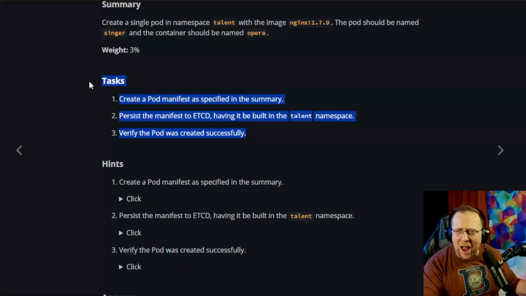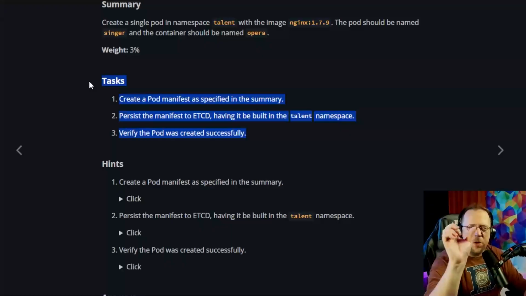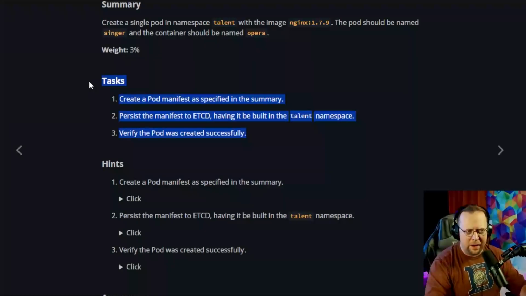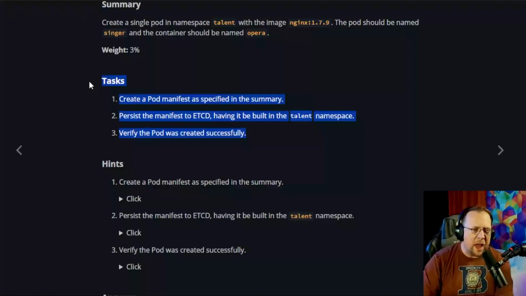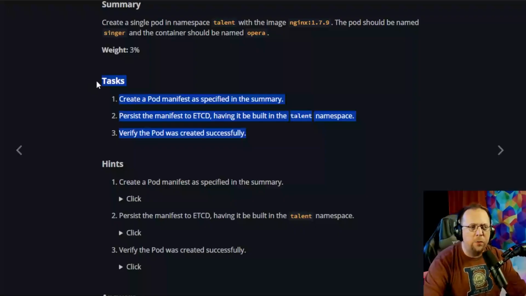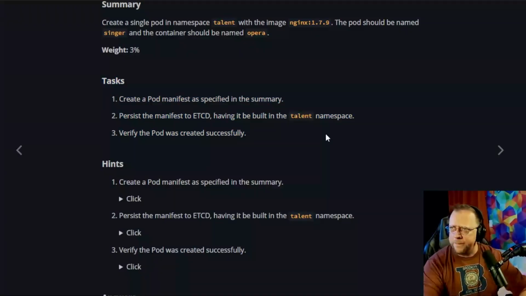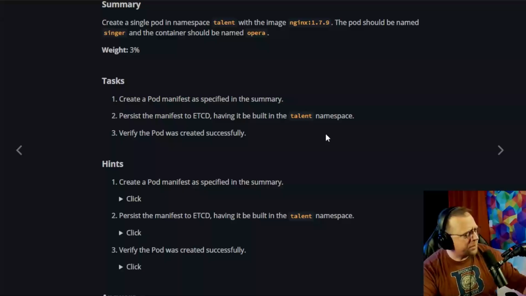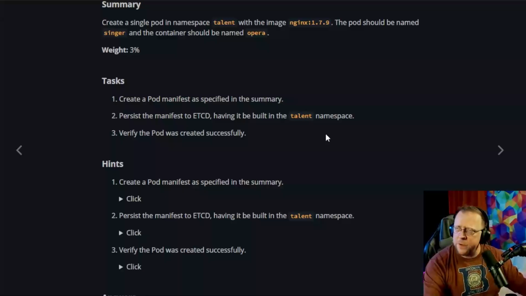So we're going to give you some practice with this. We're going to say, here are the tasks. You need to create a pod manifest as specified in the summary. You need to persist the manifest to etcd, having it be built in the talent namespace. You need to verify the pod was created successfully. Wonderful. This is great. So now you know exactly what it is you have to do, and you'll follow that